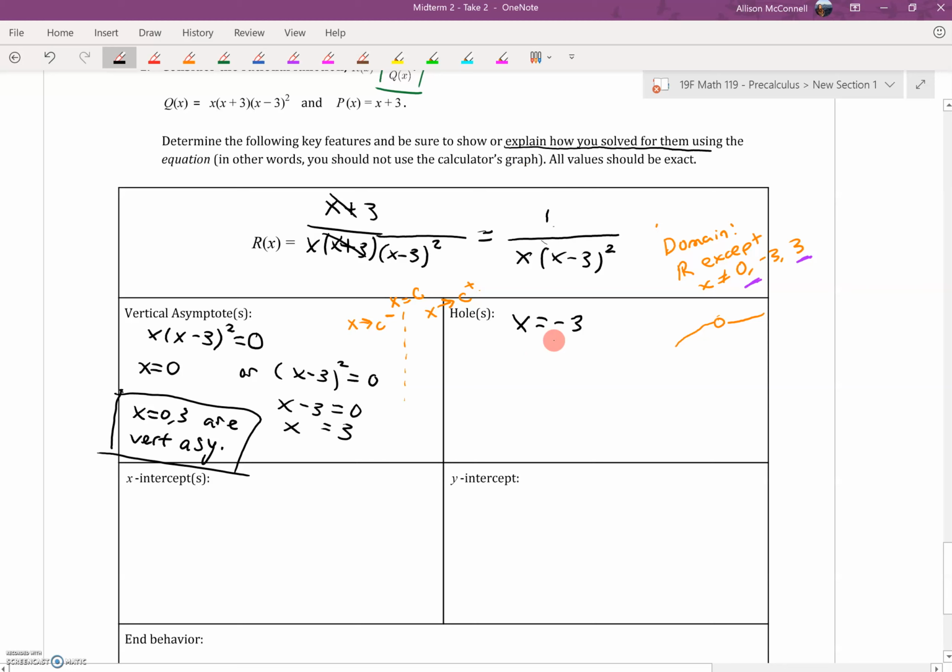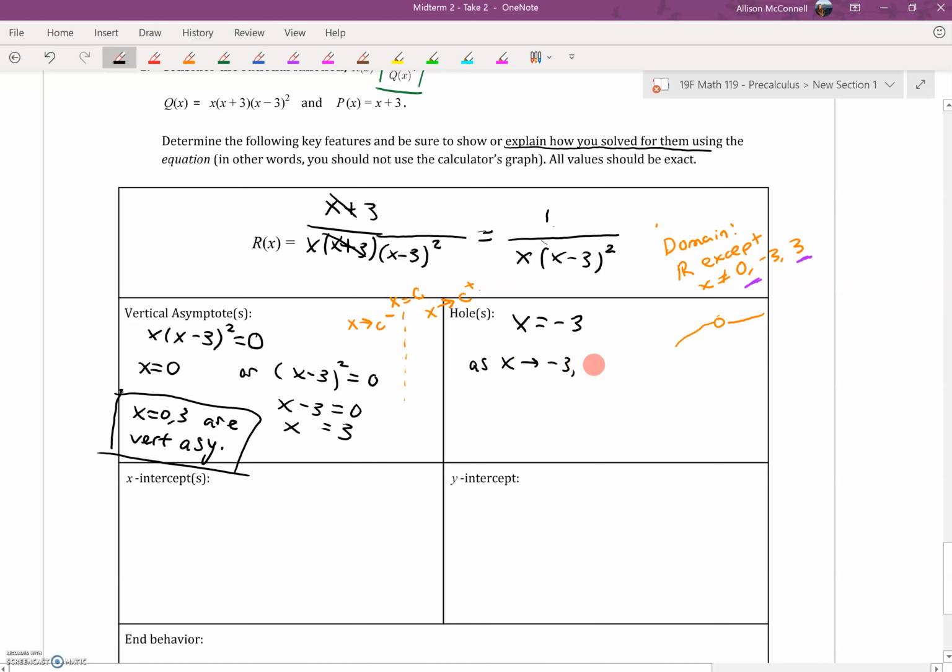So if you said x equals -3, then I needed some sort of narrative about how x equals -3 is not a part of the domain. Being in the denominator, it would give us a 0 here, and that would break the fraction. But in the simplified form, it appears that we can use x equals -3. In fact, if you used your calculator's graph, it probably wouldn't have even looked different there unless you had a really advanced calculator. And so basically what this is telling us is, as x goes to -3 from both sides,